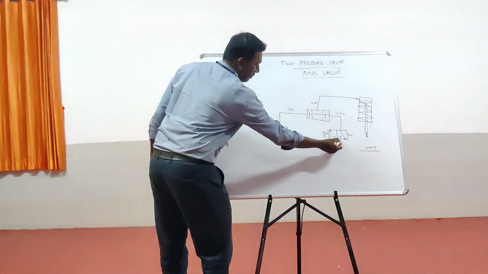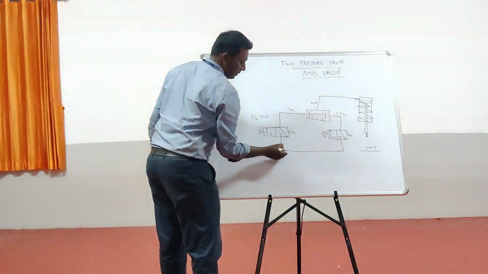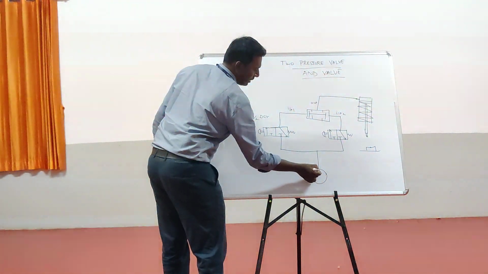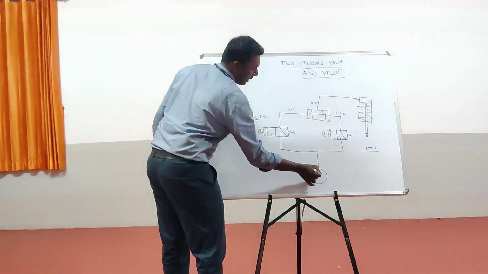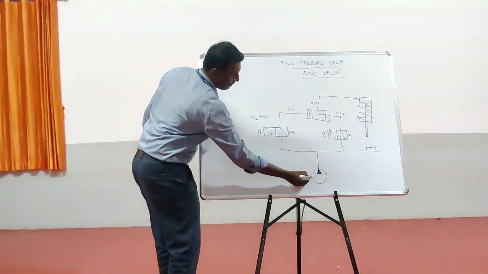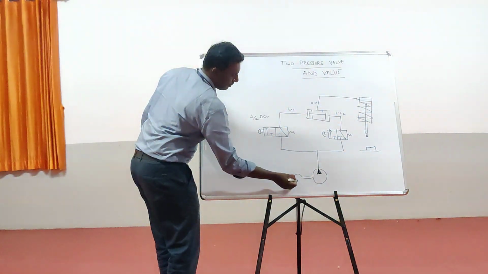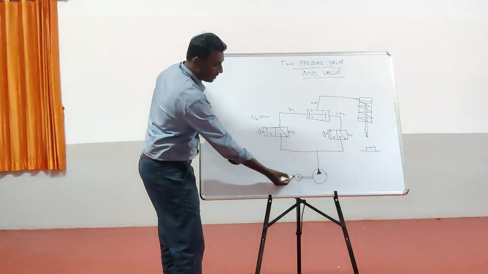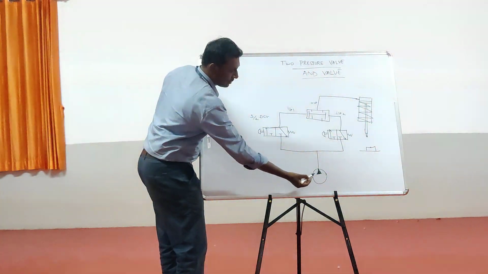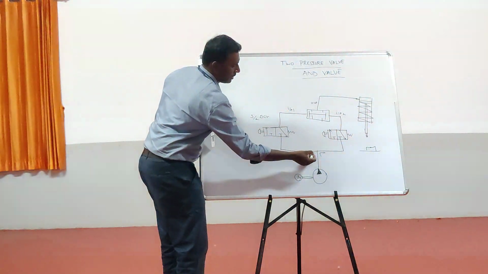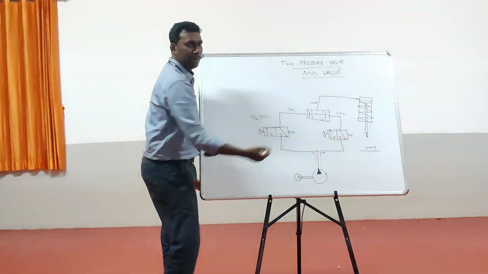This direction control valve is connected with a medium of fluid, hydraulic fluid. Hydraulic means liquids. Mostly we use hydraulic fluid, a liquid medium. This hydraulic pump is connected with a motor. Whenever we turn on the motor, the hydraulic fluid is pumped through the system and segregated to the 2 inputs.